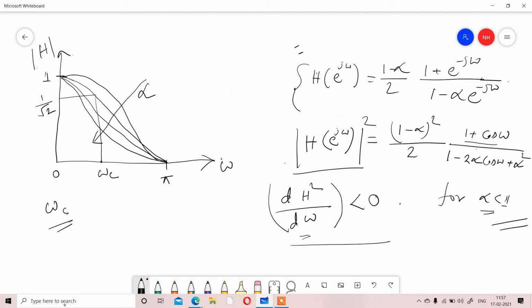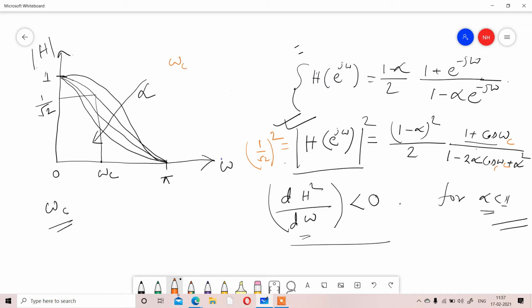Okay, so simply in that place here, if we represent omega by omega c, then that value will be 1 by root 2 square, because the H value will be 1 by root 2, so H square will be 1 by root 2 square. And if we simply solve that parameter, we will get that